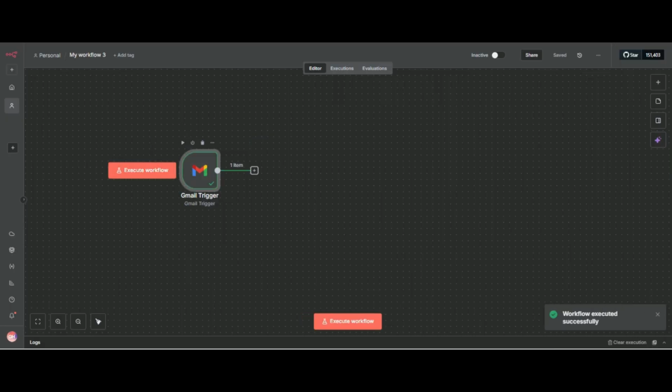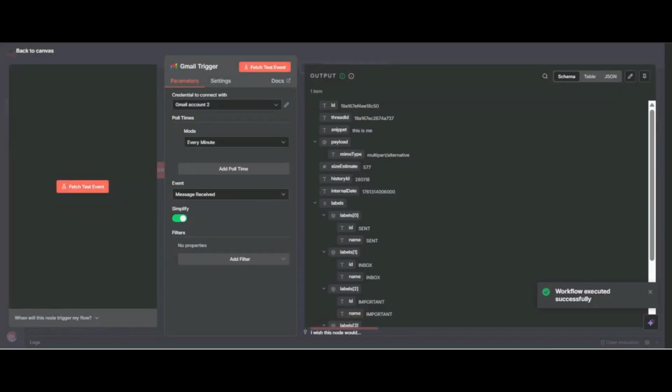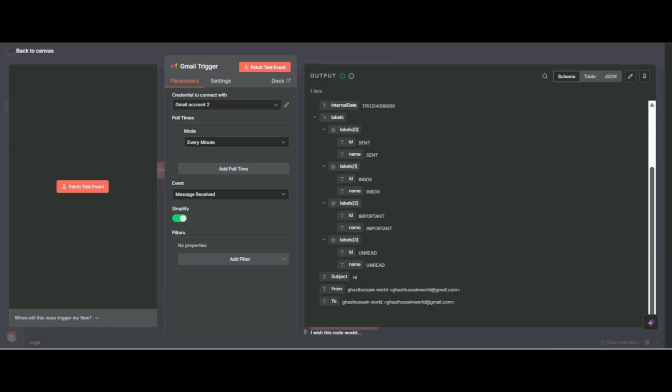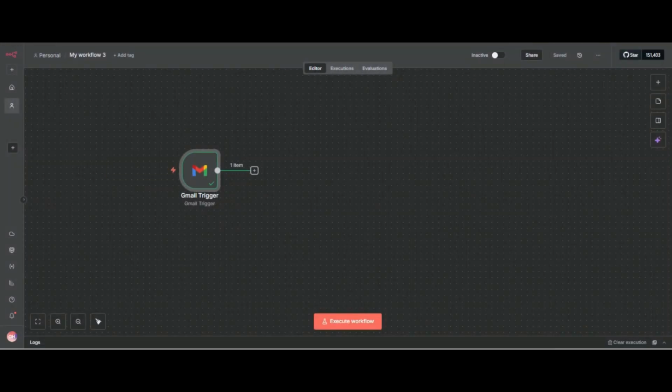Now you can see we have received our email. You can see my email and subject "hi". So now we have added our trigger, and we have received our email.